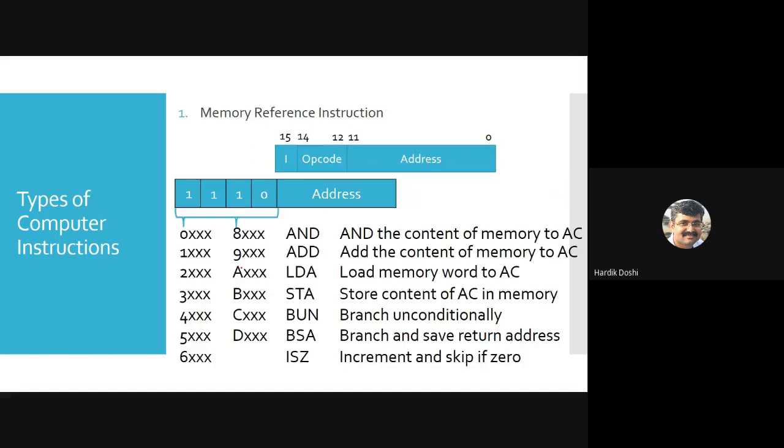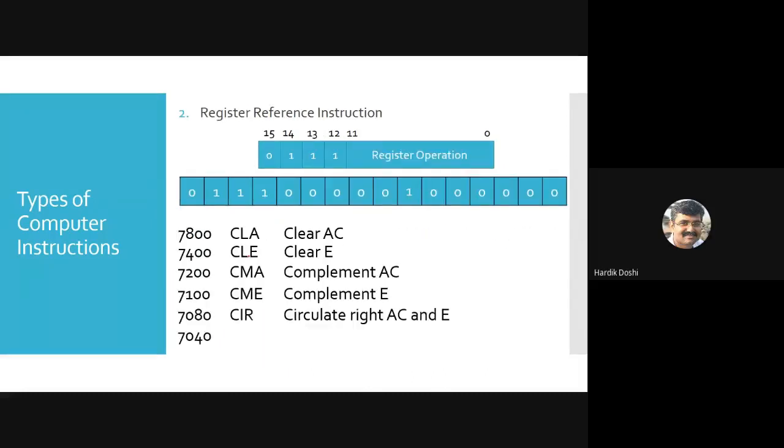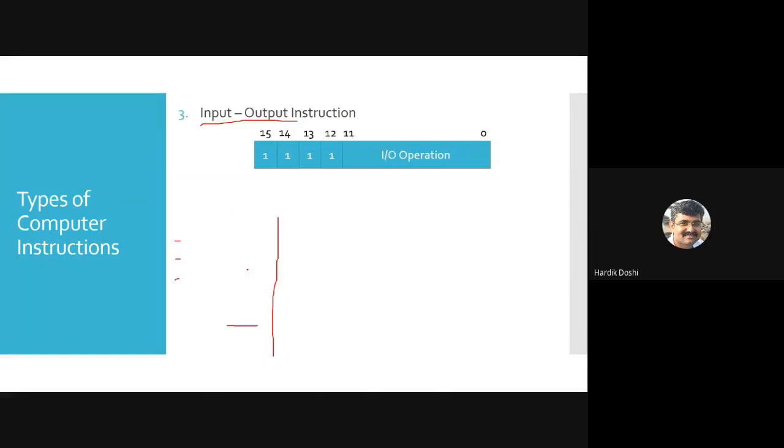So the computer will think in that sense only: 7 did not come, F did not come, so what is it? Between 0 and F, skip 7 and F, and whatever is left will be nothing but memory reference. Is it fine, everyone? Yes. So coming to that part only,